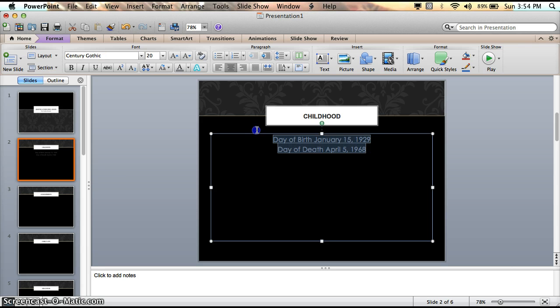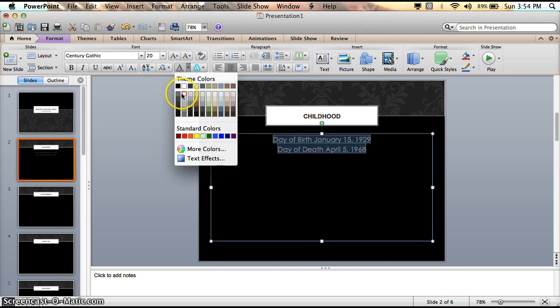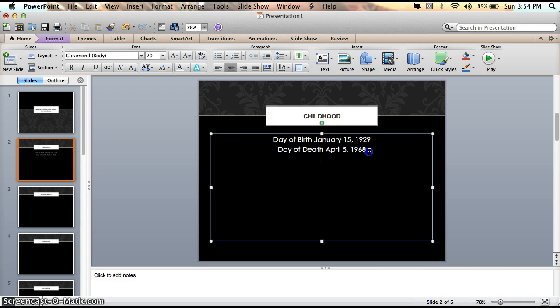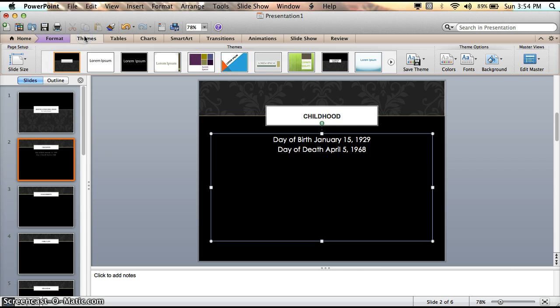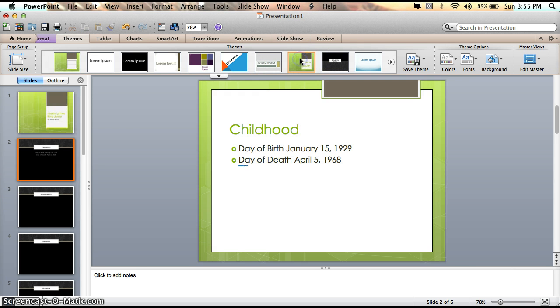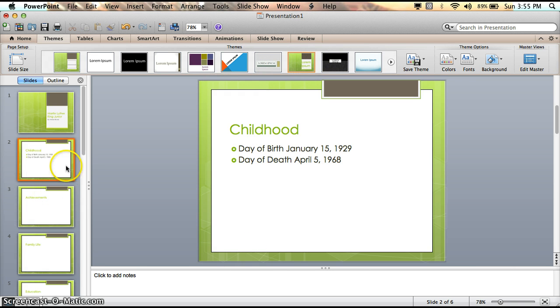So part of your grade is also making sure that when you are doing your PowerPoint, if you have a dark background, you have like a white or a brighter font color. So in this case, I'm going to go back and just do another more simple plain theme, so I don't really have to worry about that, and it looks nice and neat. I know sometimes boys and girls like to get very creative when it comes to doing a different background with stripes and all this fun stuff, but you have to remember that you are being graded on sometimes what means